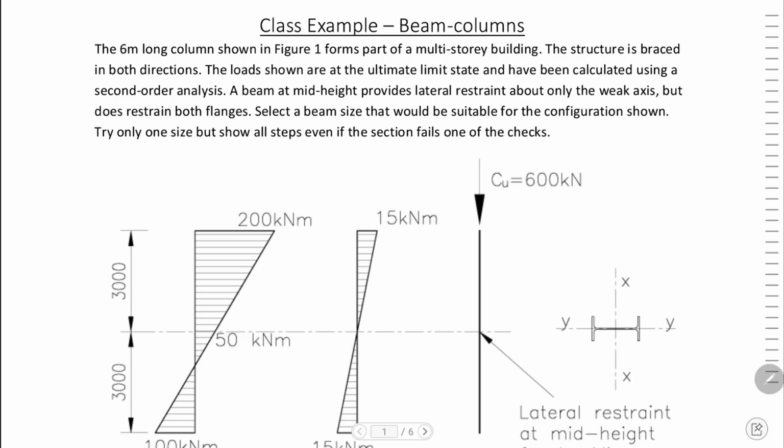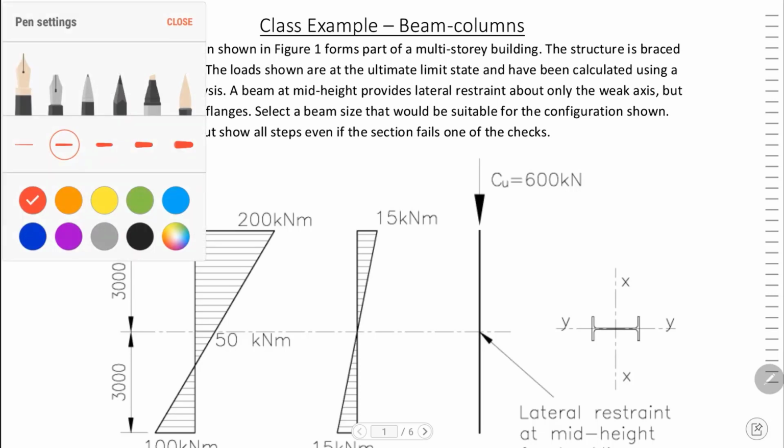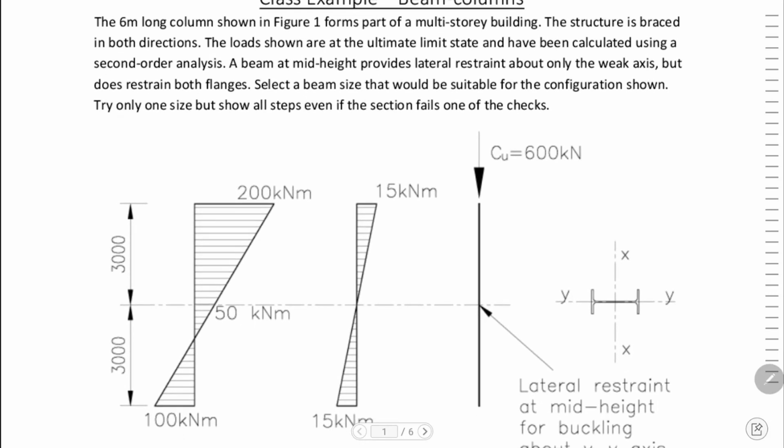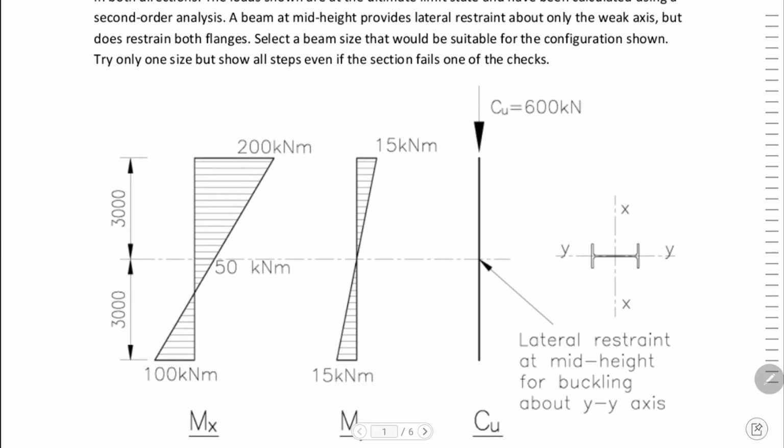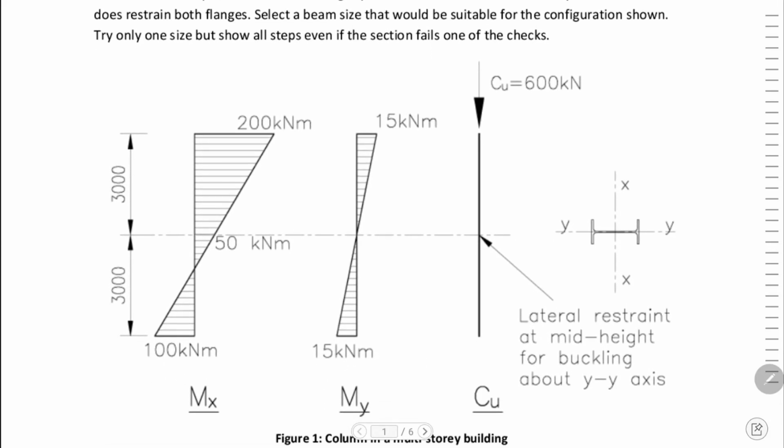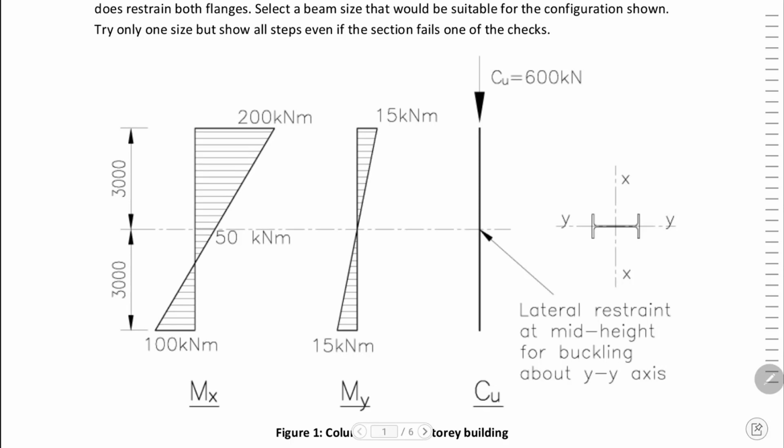So we're going to be going through this now. Let's start having a look and making sure we understand the diagram. So there is our column. We have a compressive load in it, Cu, of 600 kilonewtons. We've got a bending moment of 200 kilonewton meters at the top and 100 at the bottom. It's a straight bending moment diagram, meaning no load is applied from top to bottom because it's a straight line, there's no change in that. And then the same thing for the moment about the y-axis, there is a moment with double curvature from top to